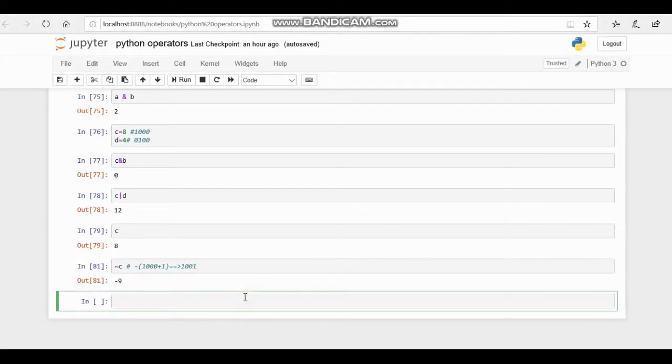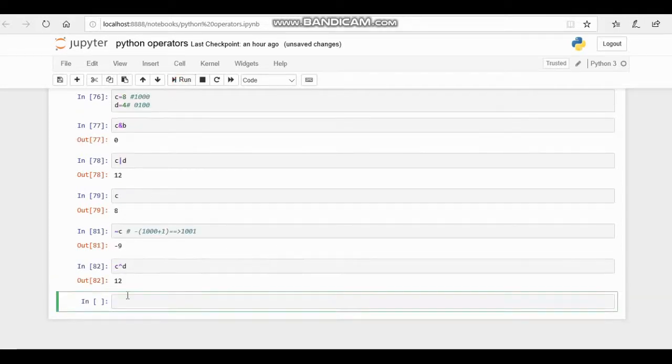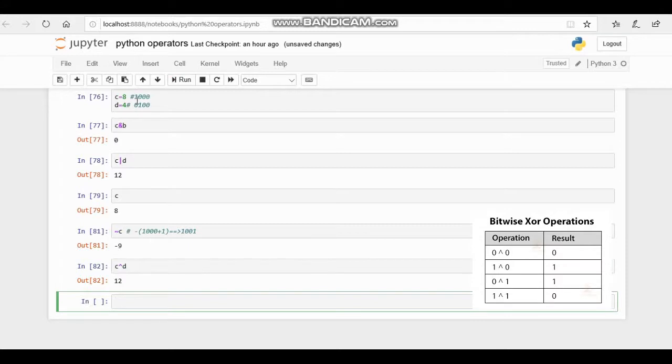Now we will do the XOR operation. XOR will return true only if two different values are present in the input. So C XOR D gives the output 12, because here 1 and 0 are different, so we get 1, and 0 and 1 are different, so we get 1. In other cases, 0 and 0 gives 0, because both inputs are the same.